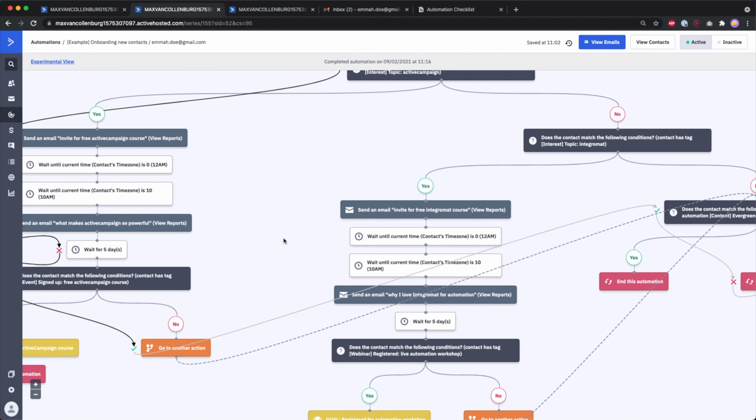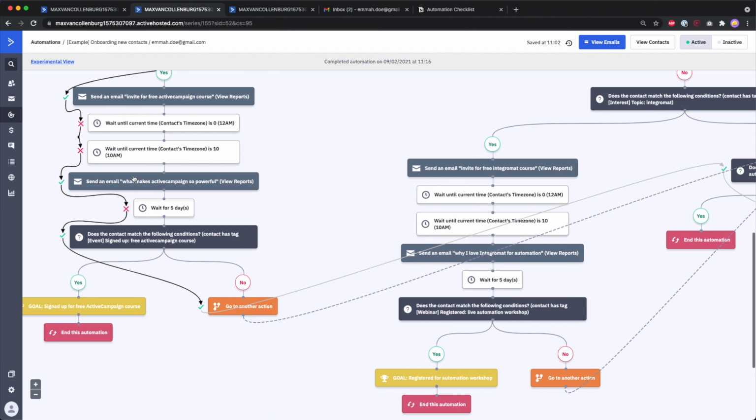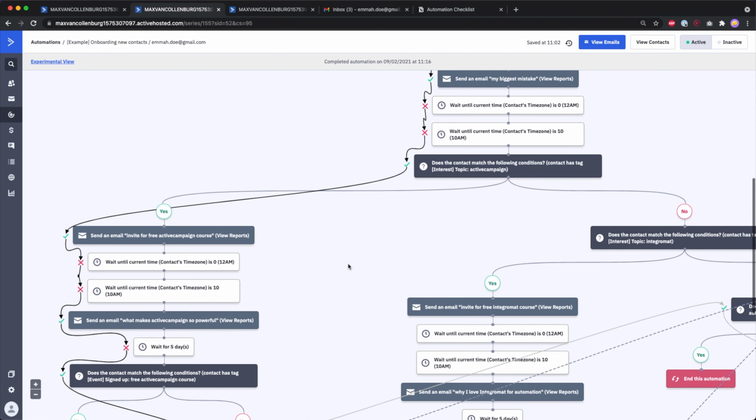And then if it's really important automation, I would test it again, and then maybe with a different tag, and then also maybe when they're halfway, I would also add the tag that is triggering the goal. But yeah, I hope that this helped you to understand and see how you can test your emails and your automation to really make sure that everything is working well, so that you can really minimize these mistakes. And this might seem a lot of work, but now I was also explaining it, but usually I just do this in, I don't know, 5 or 10 minutes. But then I can really tackle lots and lots of mistakes that otherwise maybe it would take weeks for me to notice that something would go wrong somewhere.